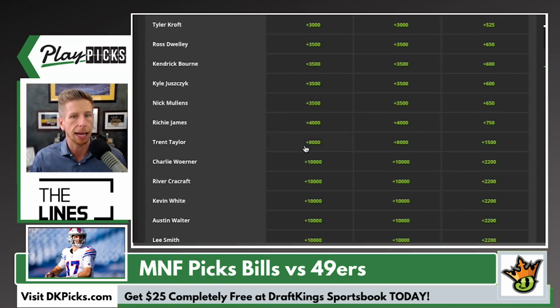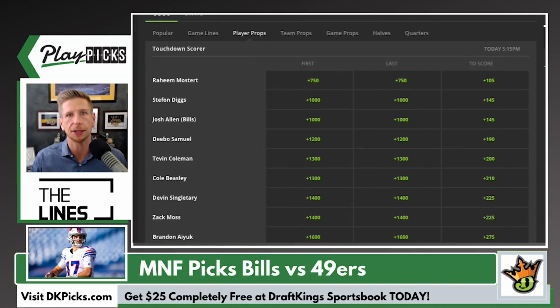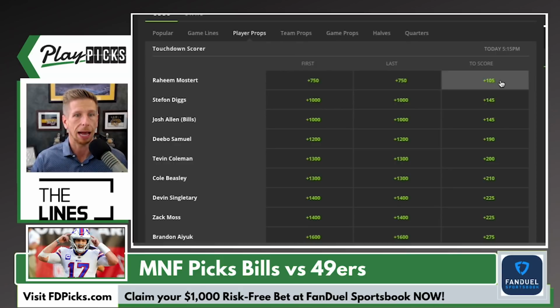scorer. And as we talked about, the rush defense of this Bills team is so bad. And if I'm going to get plus money on Mostert, who we expect to be the lead back. Now, Shanahan could throw us for a curveball here, but we expect Mostert to be the lead back. I expect points in this game. I'm getting plus money on an anytime score on Raheem Mostert, and I'm going to take it at plus 105